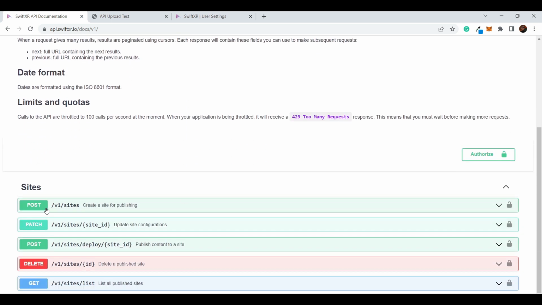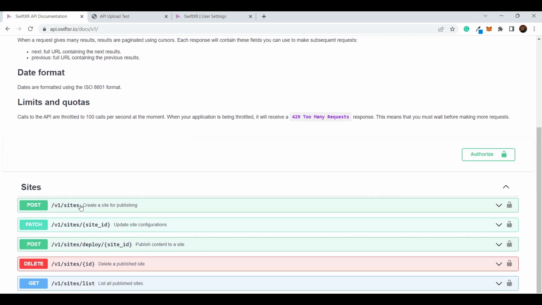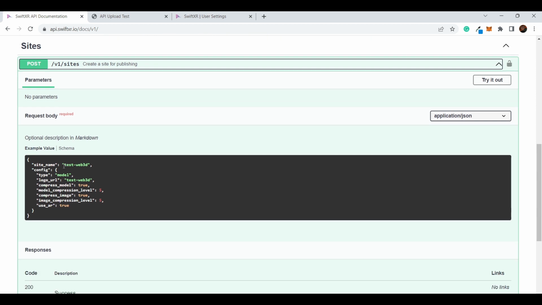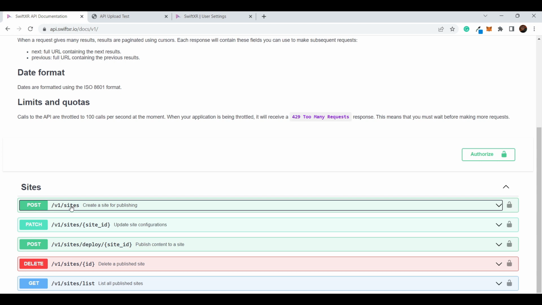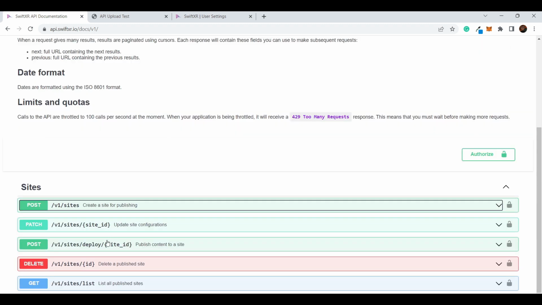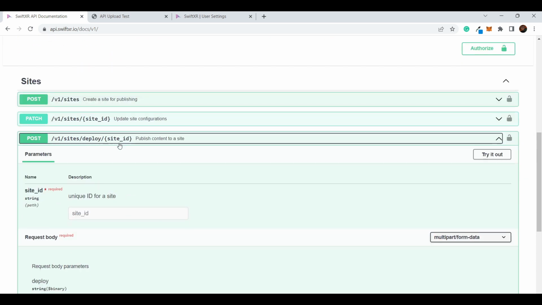So I'll start by creating a POST request to site. The way the API works is we have the v1/site. The v1/site requires you to pass the name of your site, which is also going to be used to generate the URL, and also the configuration parameters for that particular site you want to create. Once you are done creating the site, it's going to return an object, which is going to have the site ID that you are then going to use for the v1 site deploy, where you pass the site ID